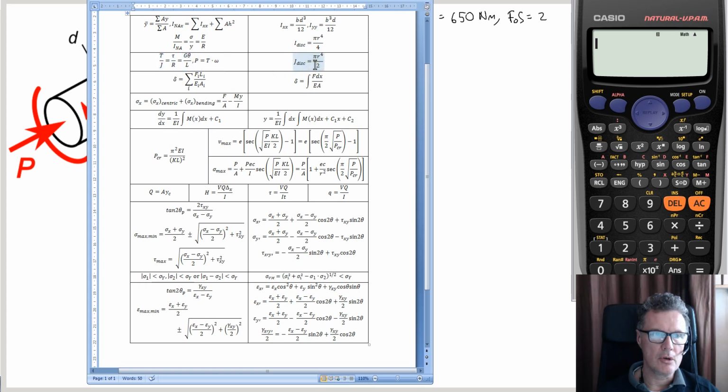Obviously for something like that I need to know the polar second moment of area. Probably I'd want to know the largest compressive stress, maybe the stress components. What else? I could apply some failure criteria to this problem. Got a factor of safety,